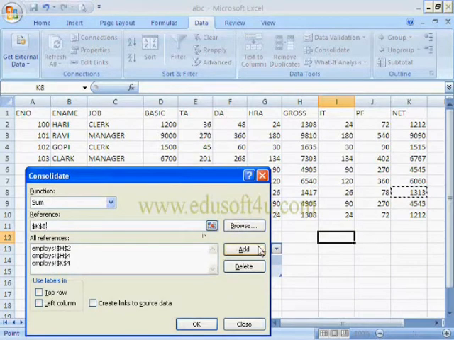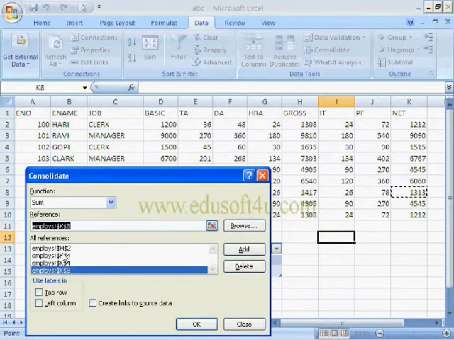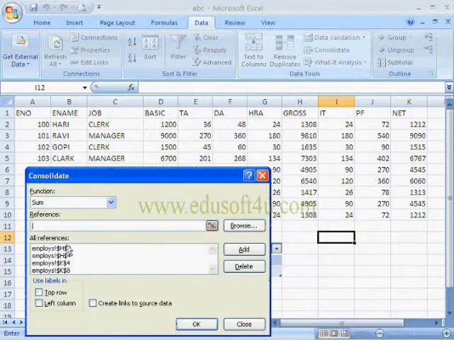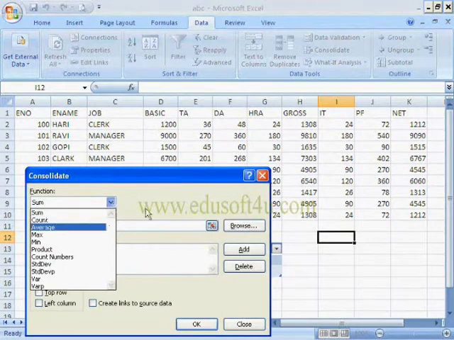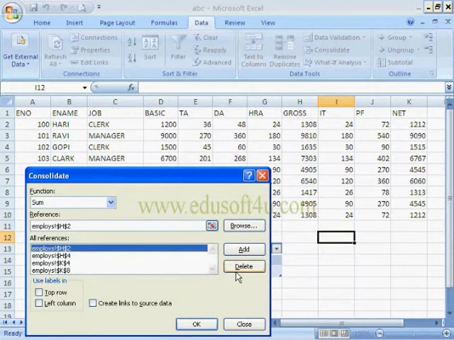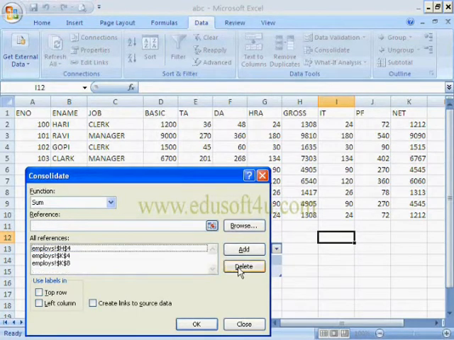Like this, we have to select the cells in different areas and finally click on OK button. And now it shows the total value in selected cell. Not only sum, we can also select all these functions to calculate the values by using different ranges. And we can also remove these ranges by selecting delete.